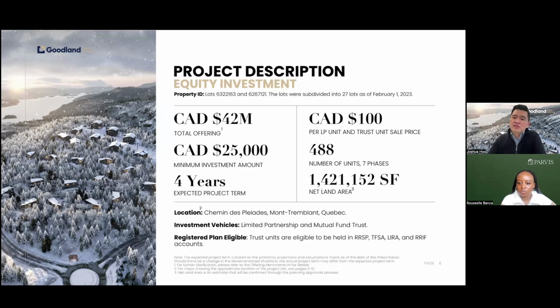Each unit is $100. So no matter how much you invest, 25,000 or 25 million, it's always $100 a unit. The location is Mont-Tremblant. Altogether, there are 488 units, including the hotel, across 7 phases. The net land area is about 32 acres, 1.4 million square feet. Investors can invest in the limited partnership